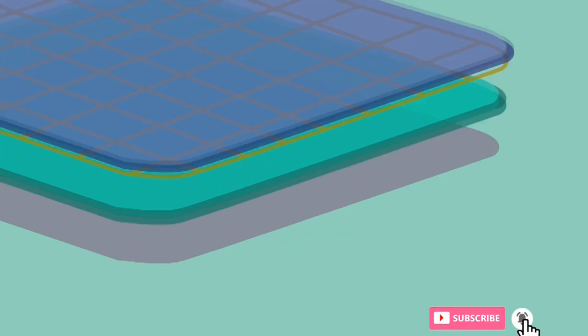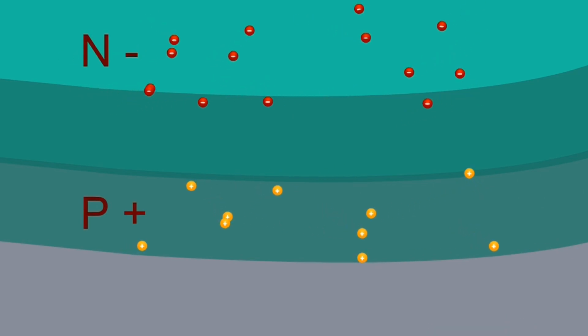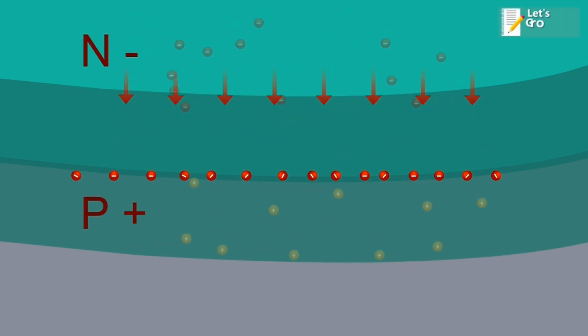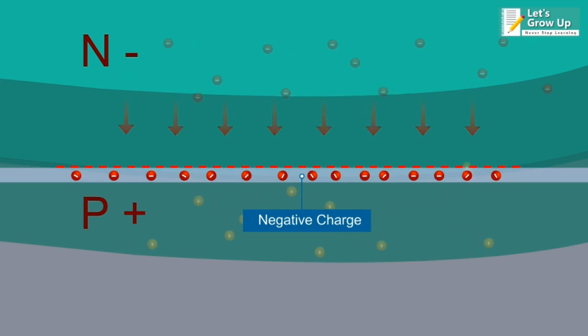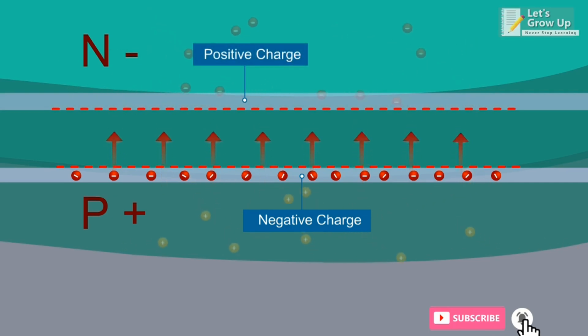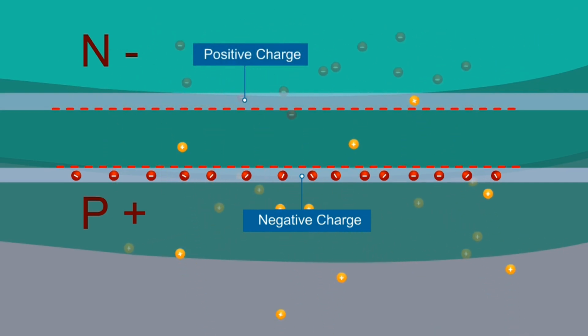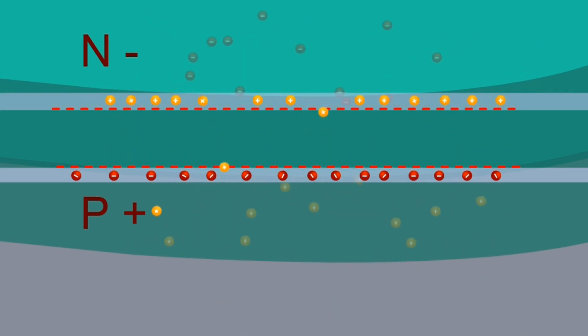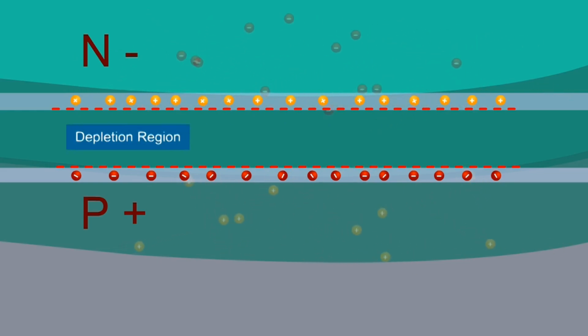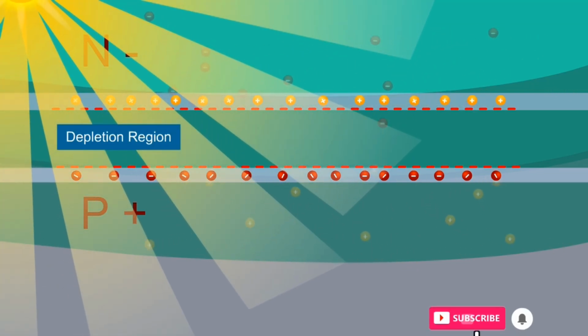On forming a p-n junction, the electrons of the N-type material try to reach the P region, creating a negatively charged layer. Similarly, the holes of the P-type material try to reach the N region, creating a positively charged layer. This region, between the 2 layers, is known as the depletion region of the semiconductor. Sunlight penetrates the top thin layer easily to reach the depletion region.